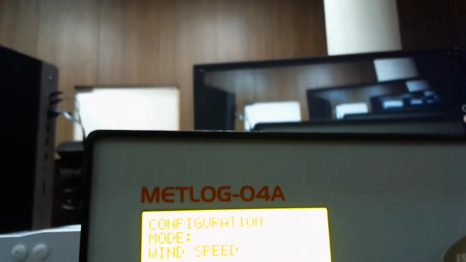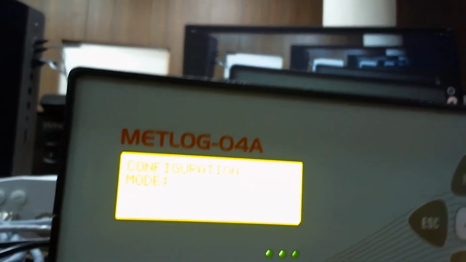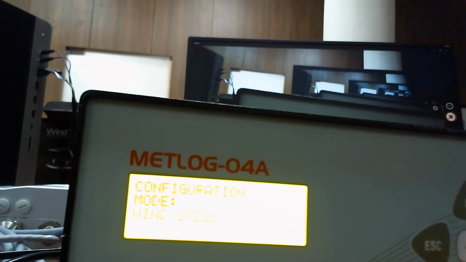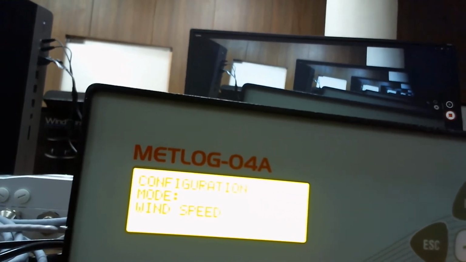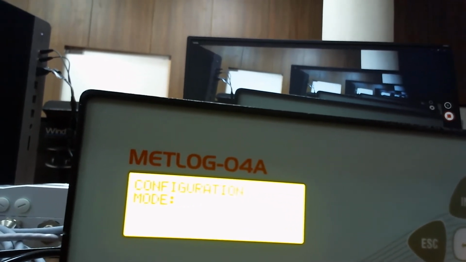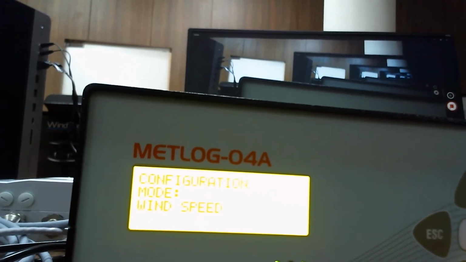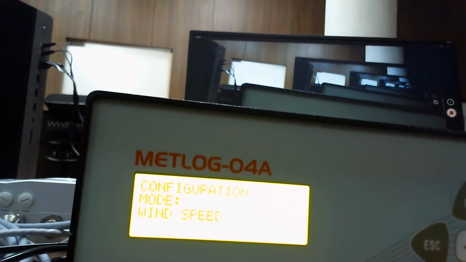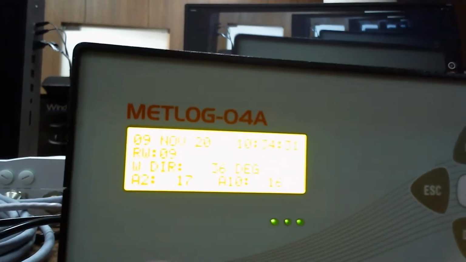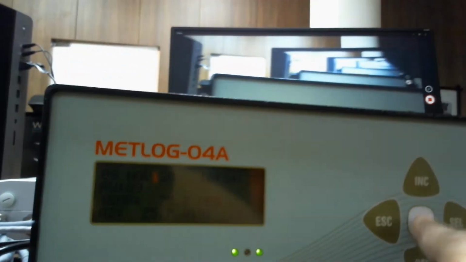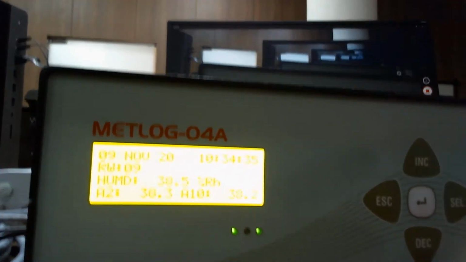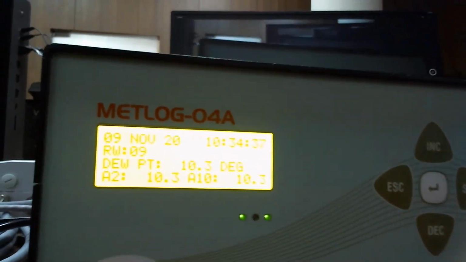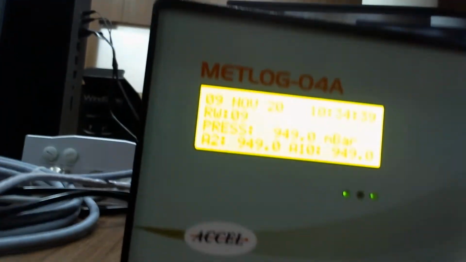Pressure sensor sends the data serially. Ultrasonic wind sensor serial data transmission. Again cloud data, the ceilometer, is also serial data transmission. Pressure also serial data transmission. Optical anemometer also serial data transmission. So each and every one of these serial data transmissions has COM port settings and baud rate settings. How to set that we will see again.